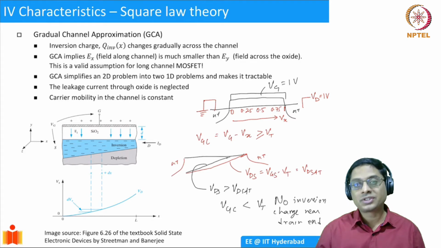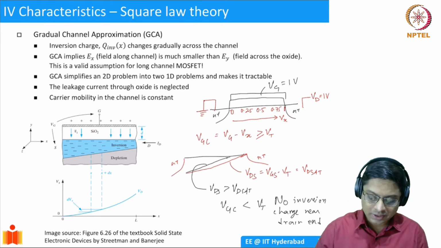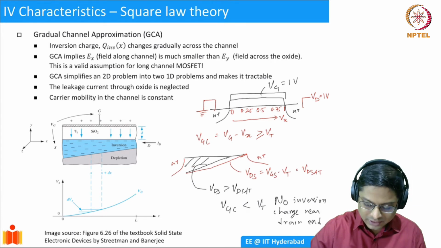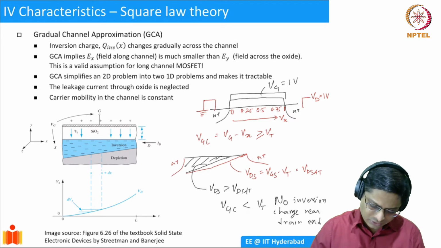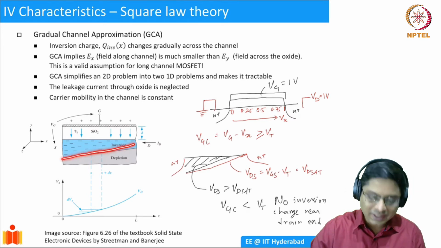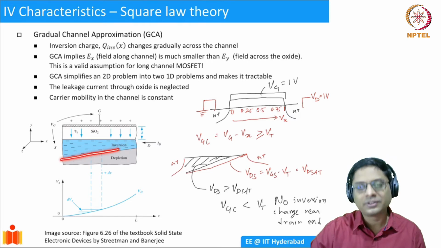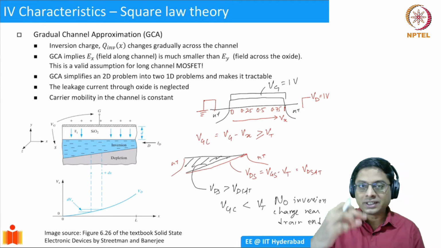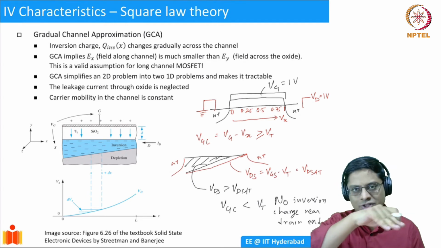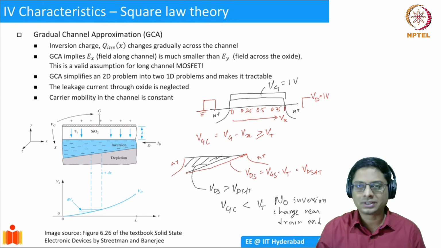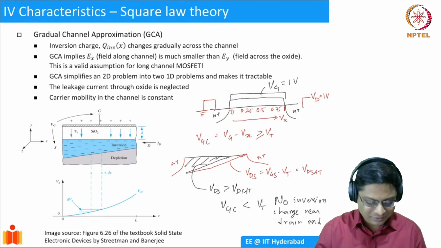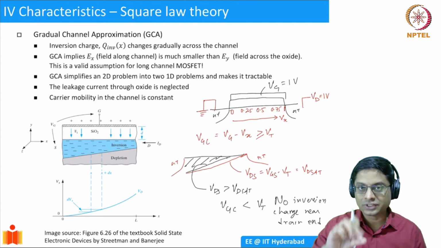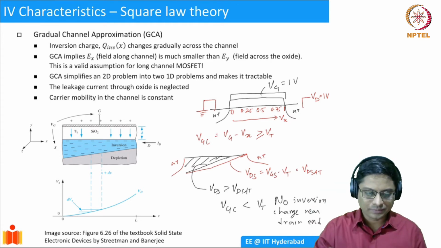But we still have a substantial amount of charge, right? Because near the source we have a charge, and that is what is being depicted by this sort of variation. This is another picture from Streetman, essentially showing you that as you approach the drain side, there is a drop in the inversion charge density. This can sometimes be misleading. It doesn't mean that in space there is a distribution. It's still inversion charge right under the interface, but the density is different. You could probably depict it by a color graph, but this is what we usually do. It is simply telling you that density is varying, not the physical distribution. Along the y direction, it is still the same.